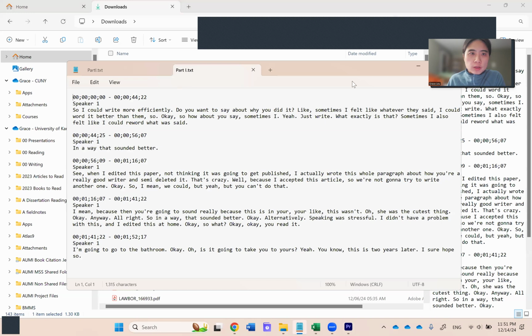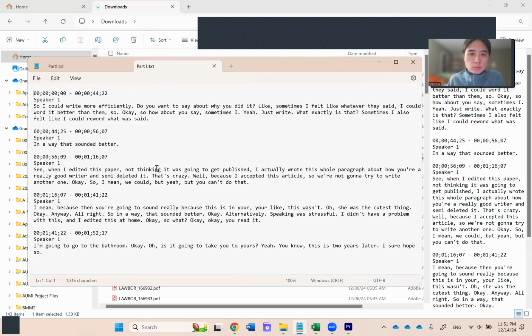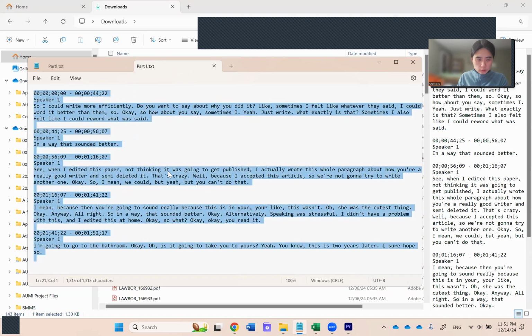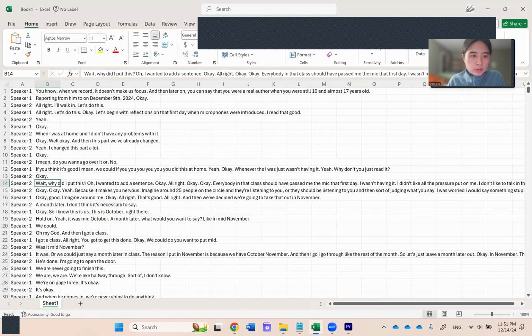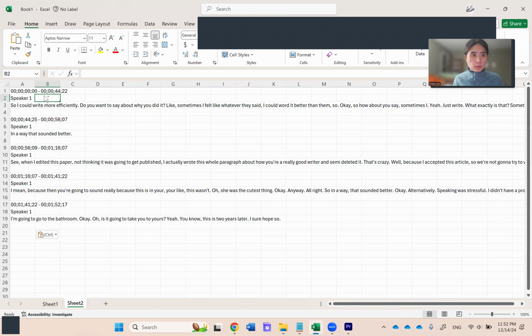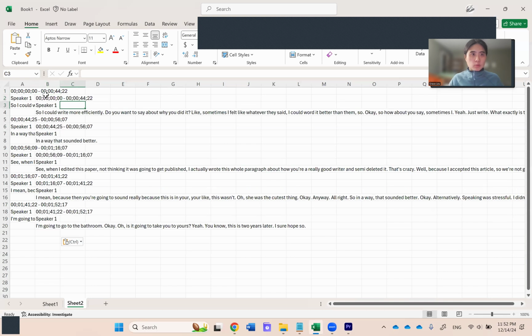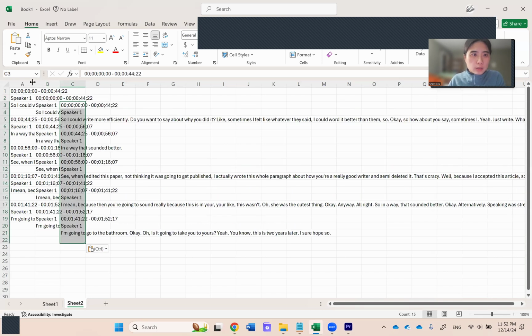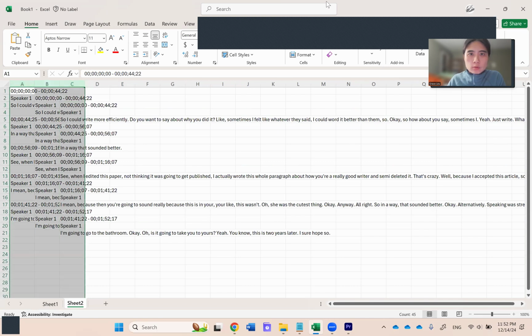It's going to be a text file. And this is actually going to look pretty similar to a Zoom transcription. So here, I'm going to copy it. And then I have a video about how to do this, but you can take it and put it on Excel. You copy it 3 times this way, and then you can clean it up really quickly using a function called,